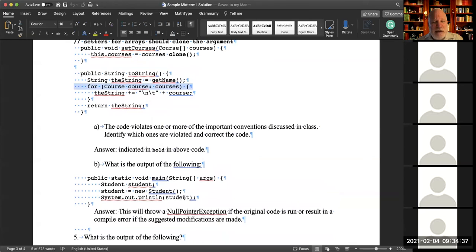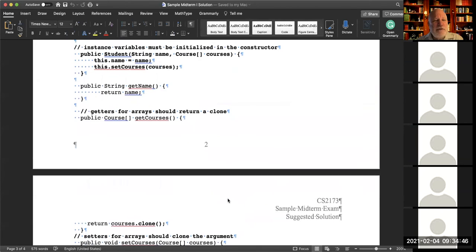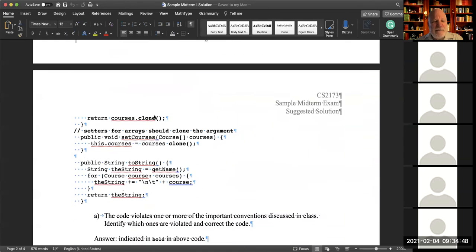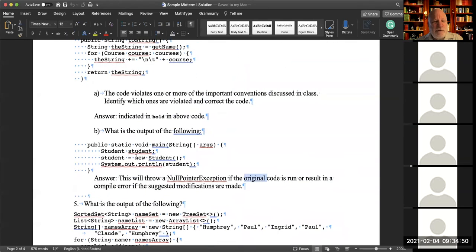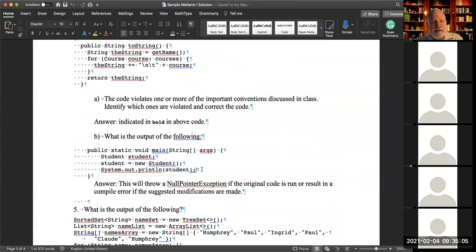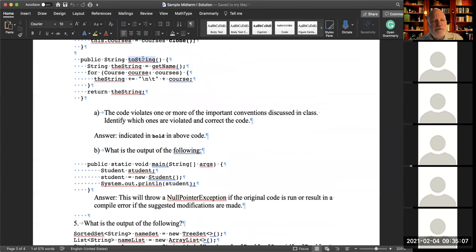So what did you have to understand in order to figure out what's going on? Well, in the original code, again, there was no constructor. This wasn't there in the original code. So this would be allowed because there was a zero-argument constructor. But what happens when you try to print it? One thing you need to remember is that when I print an object, it invokes the toString method.